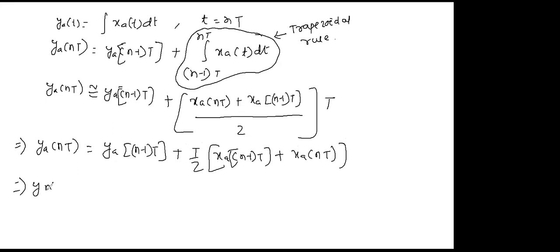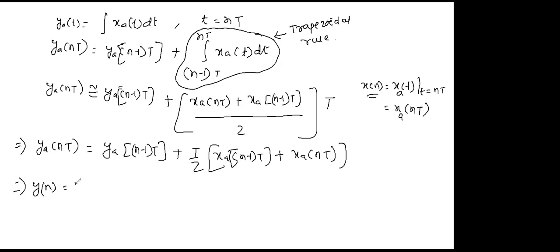Meaning, it is y of n. Yes or not? You all know how to convert analog to discrete. You all know that x of n equals x of t for t equals nT. Yes or not? That is, x of n equals x of nT. If you want to confuse, I will put a for analog. So x_a(nT): if you replace t by nT, you get a discrete domain signal. As this y_a(nT), this is y of n.